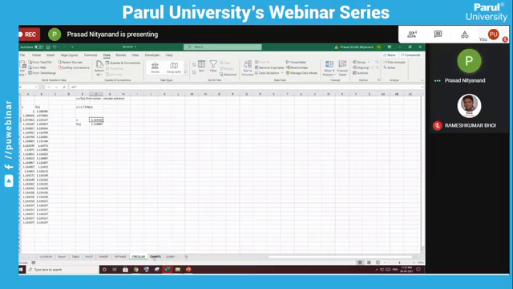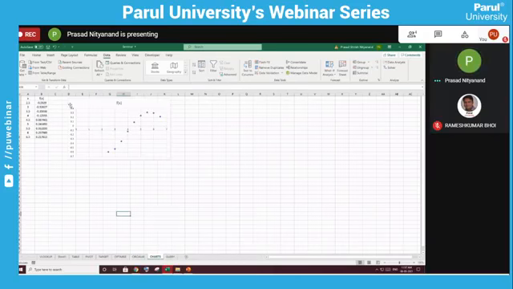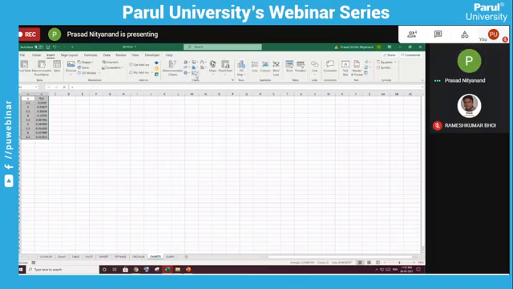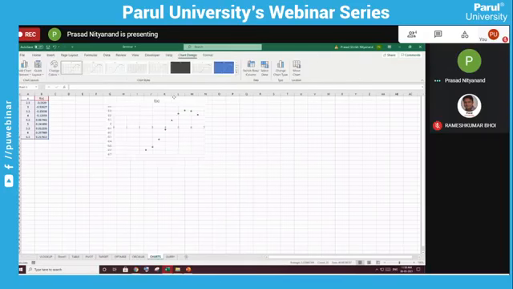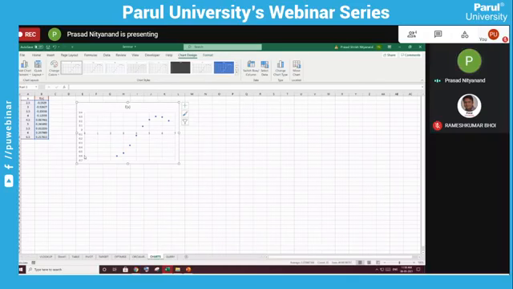Next we'll be going to the charts. So this is some x and this is some f of x. I have taken some equation and I have plotted this graph. You all must be familiar with how to plot a graph. I will once again show you how to plot a graph. I will select this data, insert, go to charts, and do the scatter chart. So it has plotted x on the x-axis and f of x on the y-axis. So this graph it has plotted.